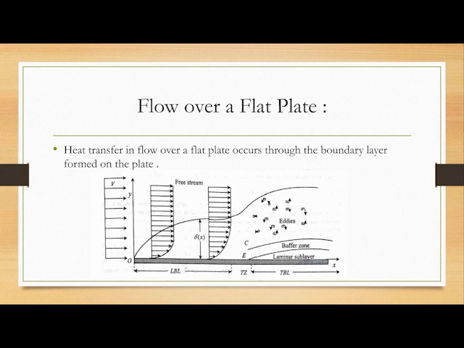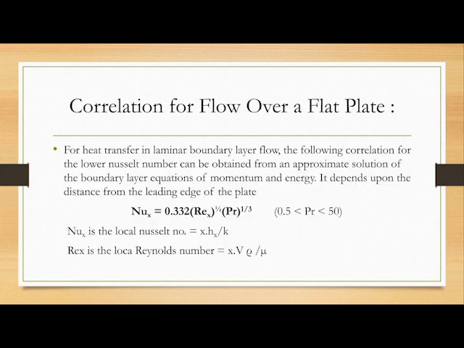Here x is variable. The fluid flow in the boundary layer remains laminar up to a point on the plate where Reynolds number is in the range of 10^5 to 5 x 10^5, which is also called the critical Reynolds number. When the Reynolds number increases beyond this value, the transition to turbulent boundary layer begins. So it's enough of the boundary layer specifications. Let's move on to the correlation for flow over a flat plate.